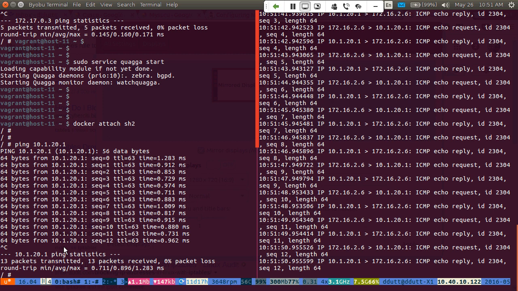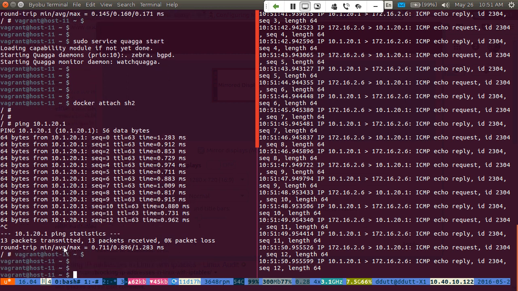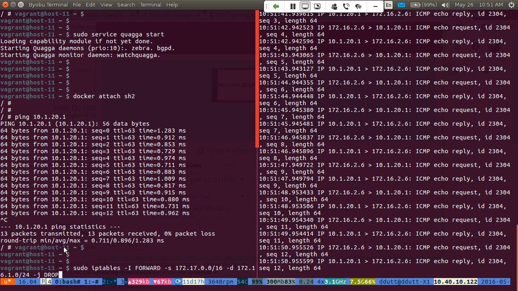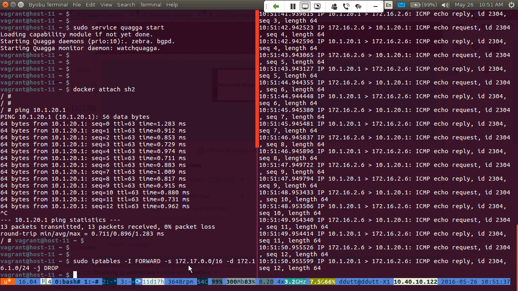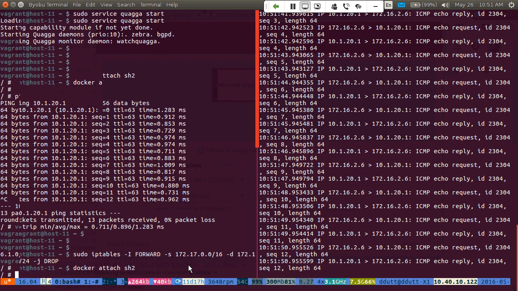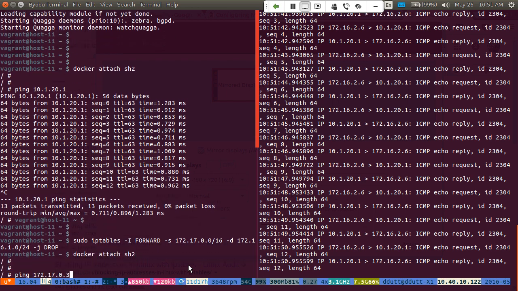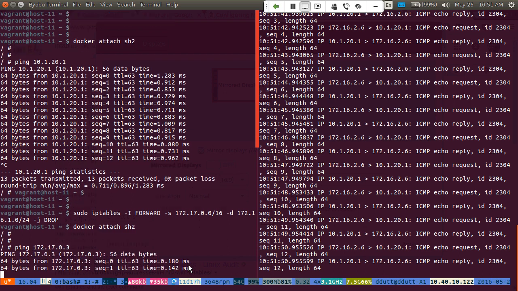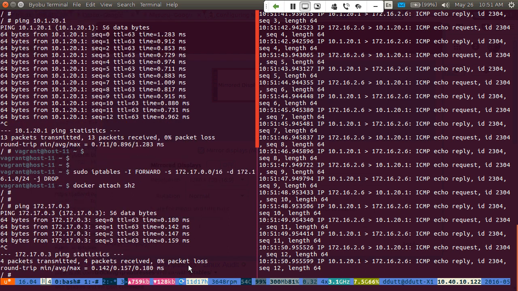I have connectivity between, but don't I want to have some microsegmentation? Yes, you can. And the way you do microsegmentation is you add the iptables rule that you want, which is essentially saying, look, from anything from 17, which is in Docker Bridge 1, I don't want you to talk to anything on Docker Bridge 2. Drop this packet. That's what this iptables rule is saying. So let's add that. Let's go back to this one and attempt a ping to my partner, which succeeded before. And it's still succeeding. This is what happens when I do demos.